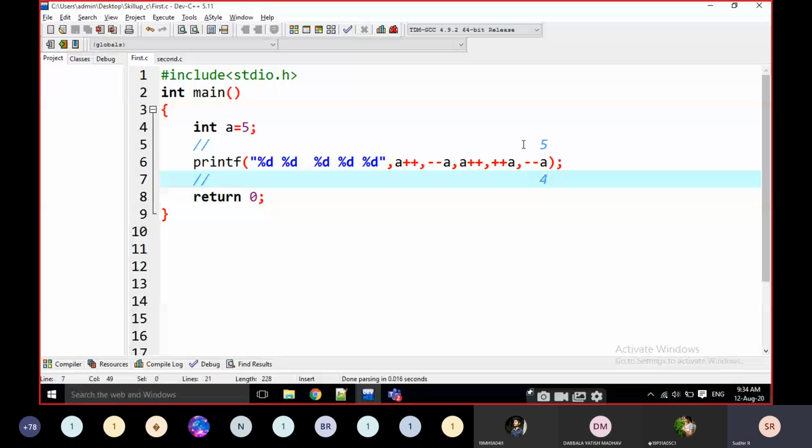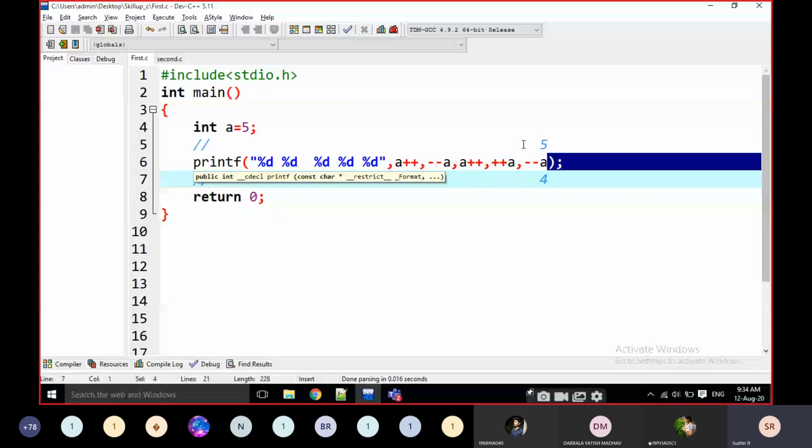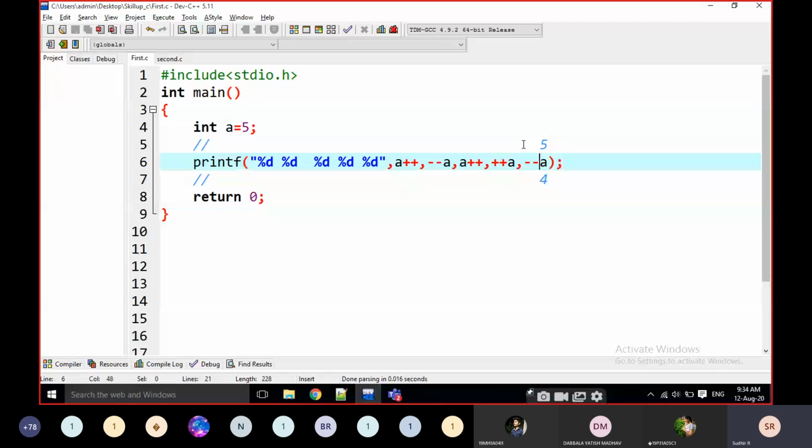We have to check every time, if it is modified, before the statement, is there any pre-decrement or pre-increment? No, not at all. This is the last one, so there are no pre-decrements or pre-increments. Just leave it. Then what is the new a value? The new a value is 4, and 4 is going here.